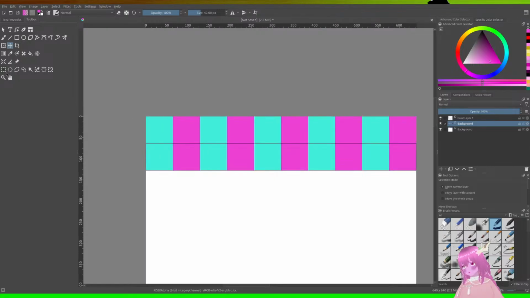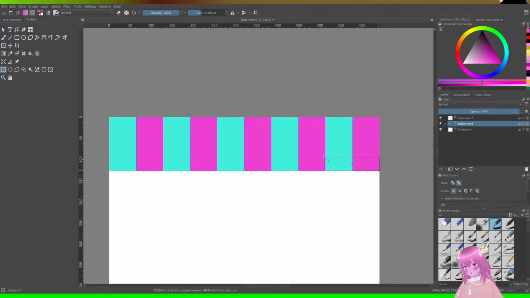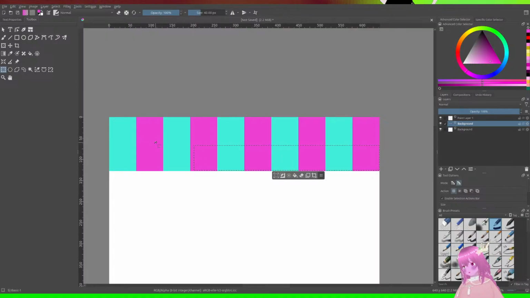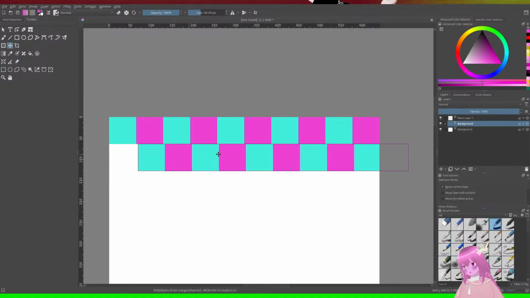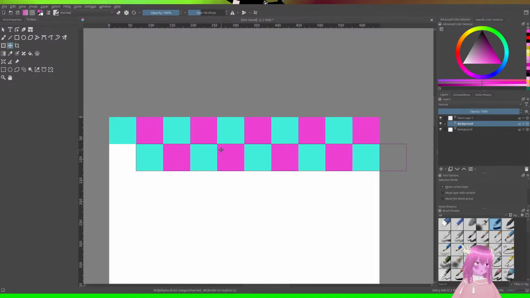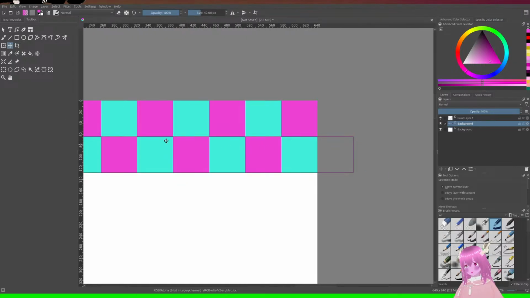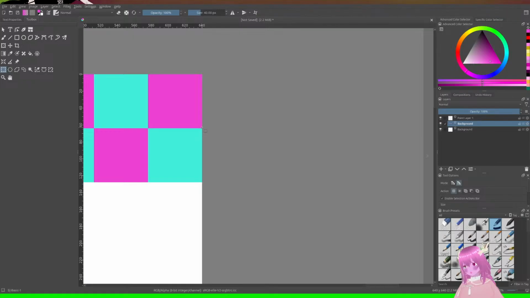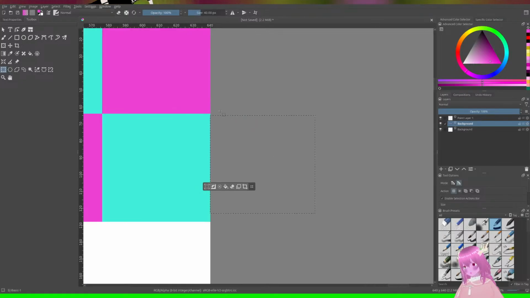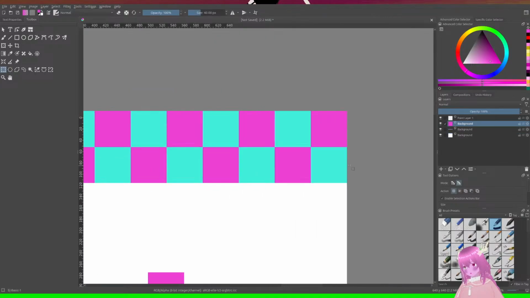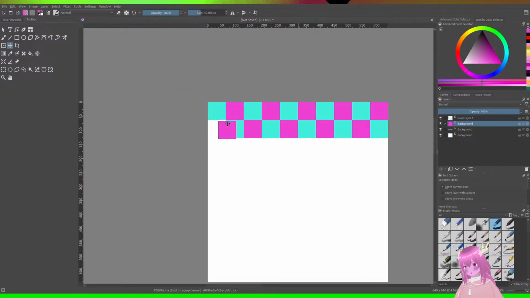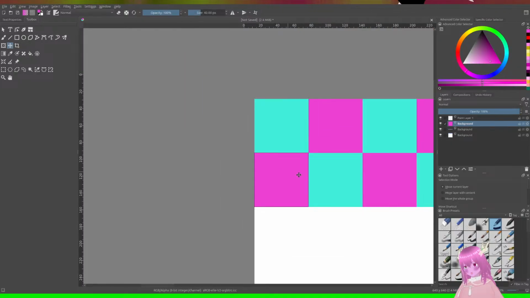Is this even the right size? Oh, shoot. Wait. Yeah, it is. It's the right size. Can I select this even though it's not necessarily here? Oh, it does. They put it right in the middle.